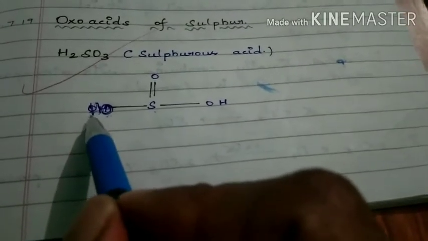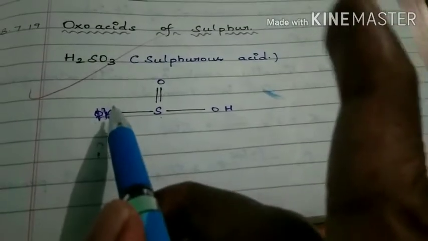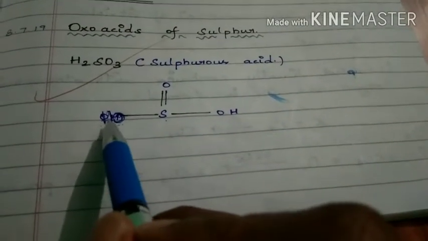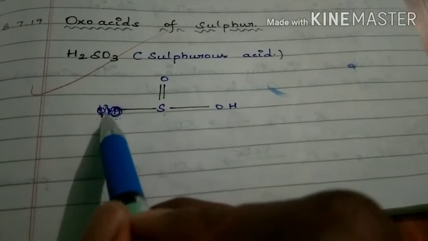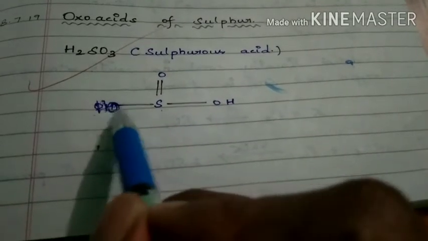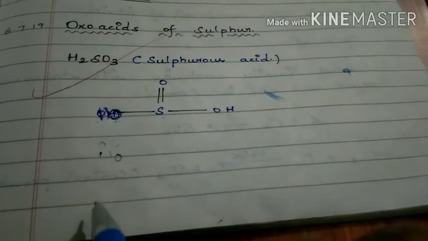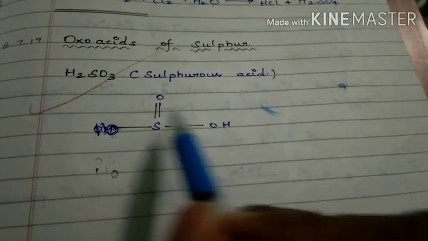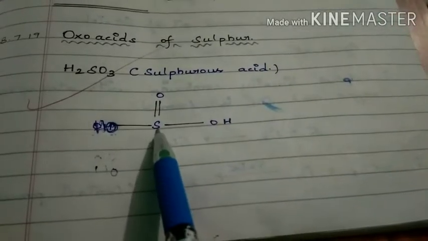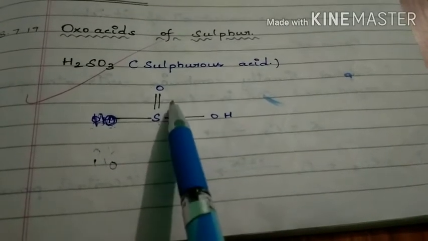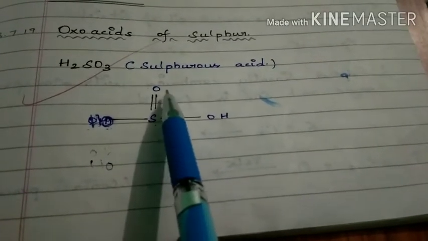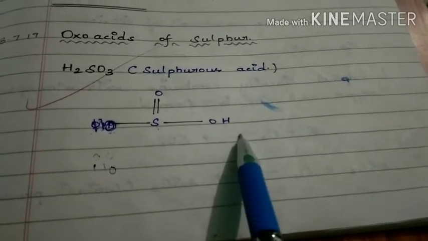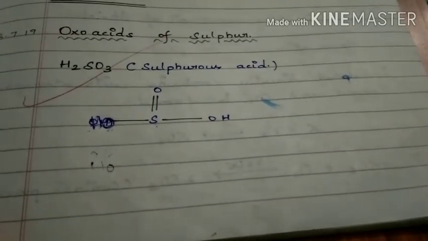Hydrogen every time forms how many bonds? One bond. So we should not write OH on the left side, we should write HO. Nothing but this is also OH, but written as HO. So that is the way to write the structure. First condition, we have to write the central atom. Second condition, around the central atom we have to put double bond O. Third condition, possible OHs. So that is the way to draw the structure.